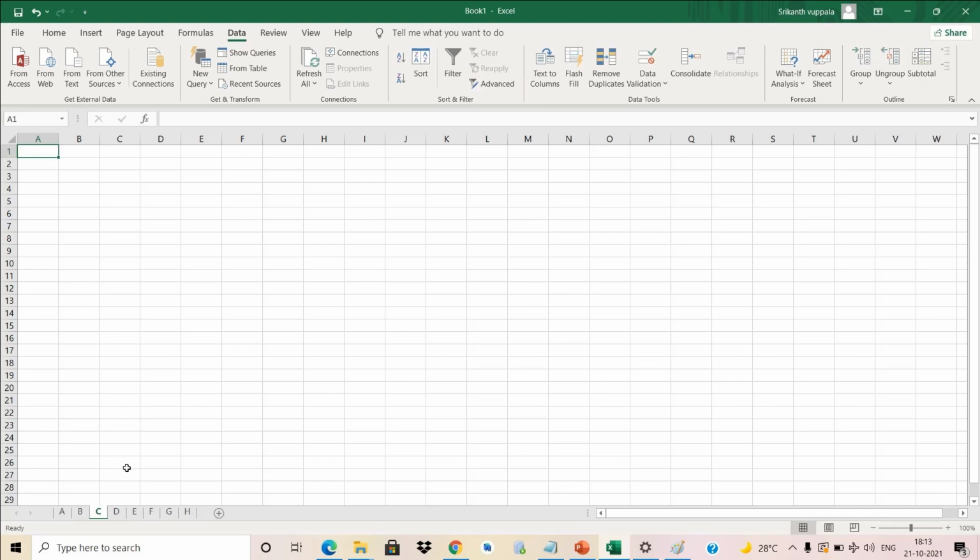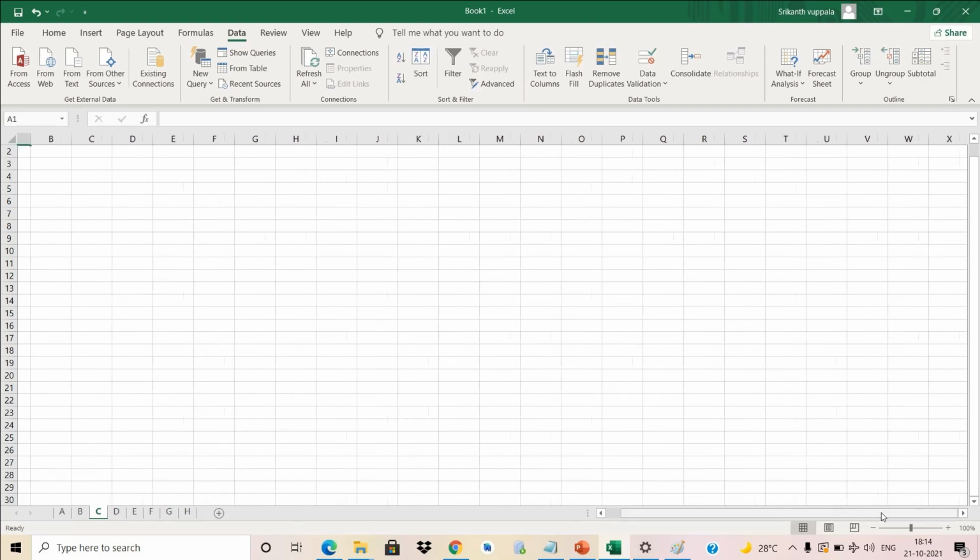So this is all about the sheets and their features available in Excel. So when you come to the right hand side, you have a scroll bar here. By default, Microsoft has provided two scroll bars. One is to scroll up and down, and one is to scroll sideways, right? So if you want to move your sheet up and down, you can use the scroll bar which is available here, and if you want to move your sheet sideways, you can use the scroll bar available here.